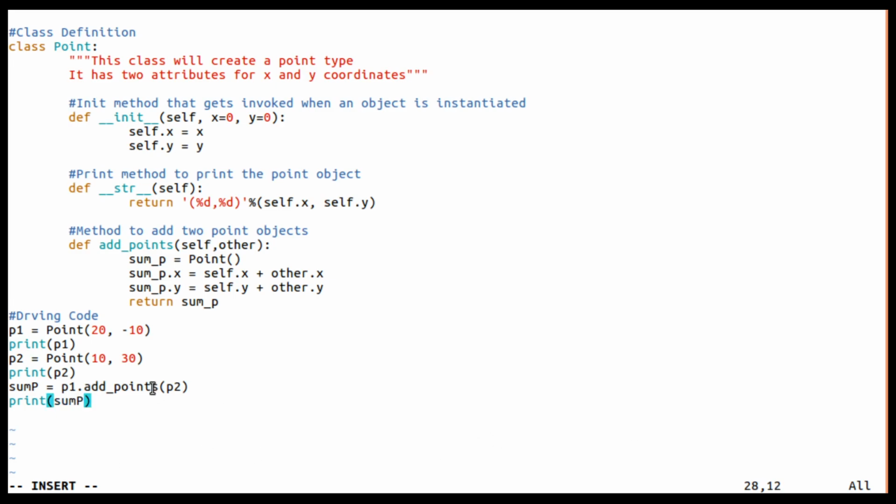The first output will be the first point, the second will be the second point, and the third will be the sum.